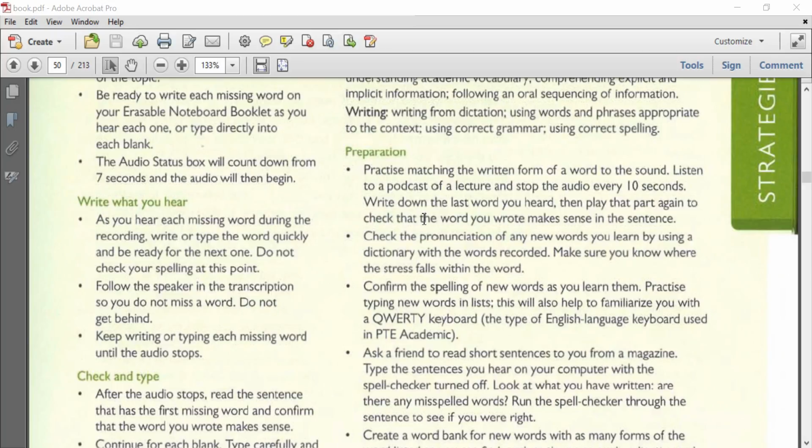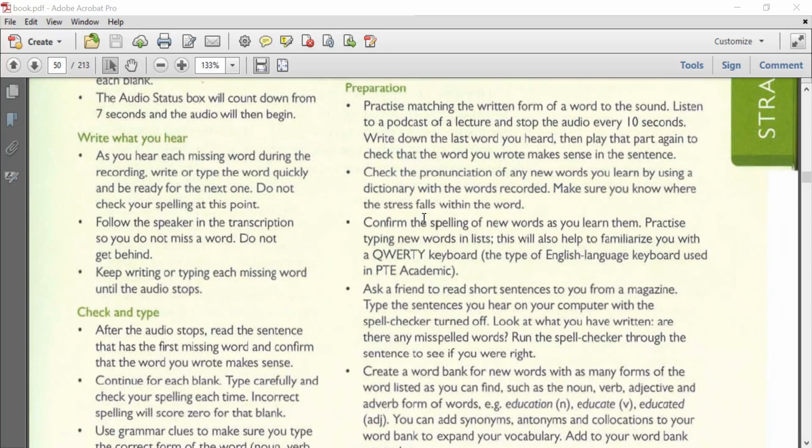Check the pronunciation of any new words you learn by using a dictionary with the words recorded. Make sure you know where the stress falls within the word. Confirm the spelling of new words as you learn them. Practice typing words in lists. This will help you to become familiar with the